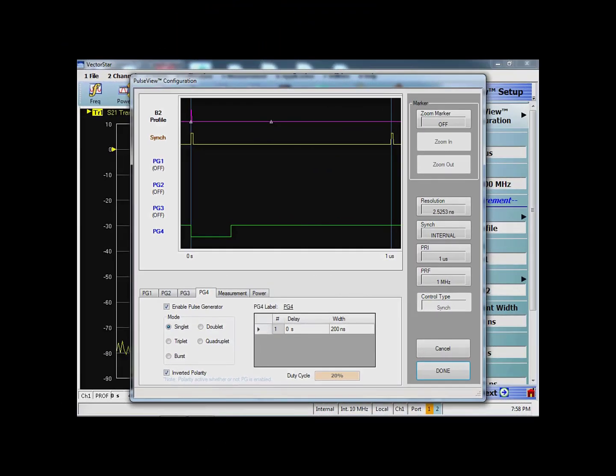Hello everyone and welcome back to this series of pulse measurements using Anritsu VectorStar with options 35 and 42, which help you resolve pulses as low as 2.5 nanoseconds and also give you the freedom of a record length of 500 milliseconds. In our last video we saw how we can do pulse profiling using our pulse